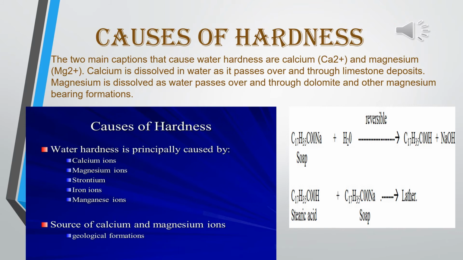Now we have understood that the calcium, magnesium, iron ions in hard water react with these soluble soaps to form insoluble soaps. So a reaction is also there when sodium stearate reacts with calcium chloride to form calcium stearate, which is insoluble. That's why hardness is increasing generally. The soluble chloride and sulfate salts of heavy metals like calcium, magnesium, iron are responsible for hardness. So sodium and potassium ions do not make water hard.